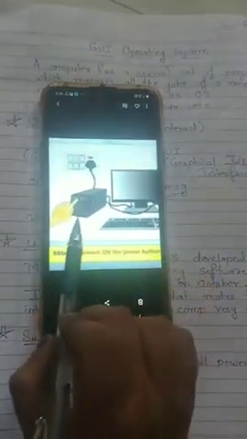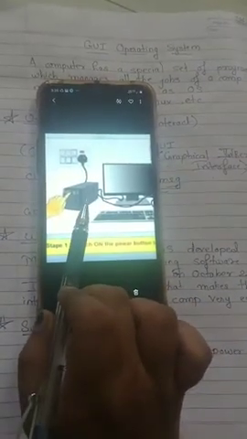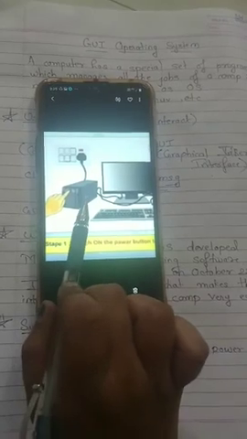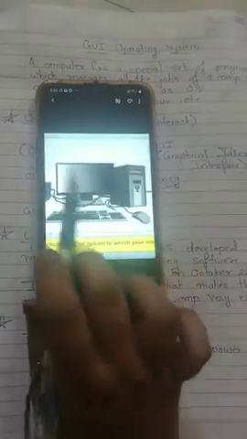The next step is the CPU button. This is the CPU. You are going to switch on the CPU button. The first step was to switch on the power supply, then the UPS, and third the CPU button. UPS is optional. It is there in someone's computer, but most of the time UPS is not there. Directly you switch on the power supply, and afterwards the CPU button.